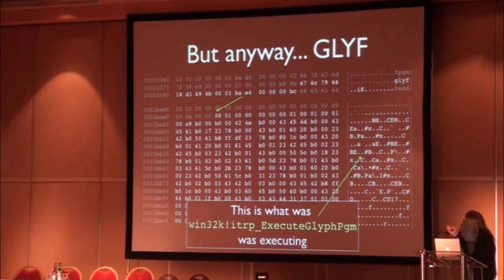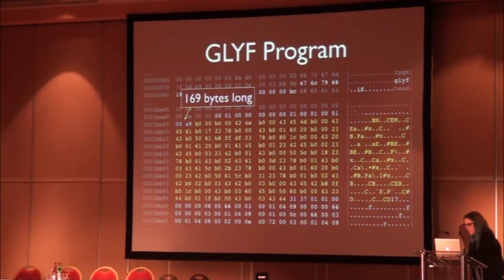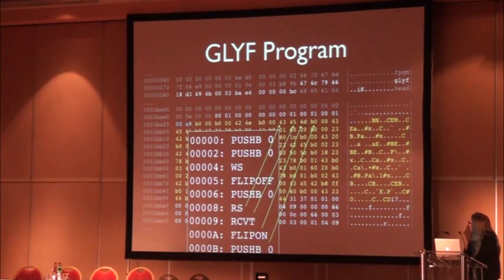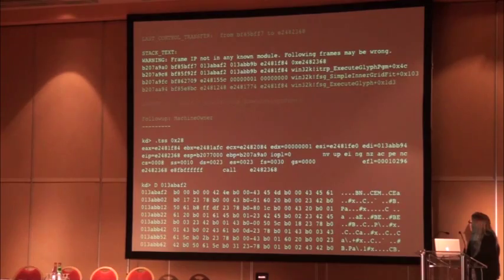And so when you do this, the last thing that was executing according to the stack frame was this execute glyph program. And so the glyph program takes this other TrueType font program and executes it. It's that long, and it's basically more of this kind of stuff. So when you bring this thing into KD, it tells you a bunch of stuff. This is the stack dump, and so it was an execute glyph program.